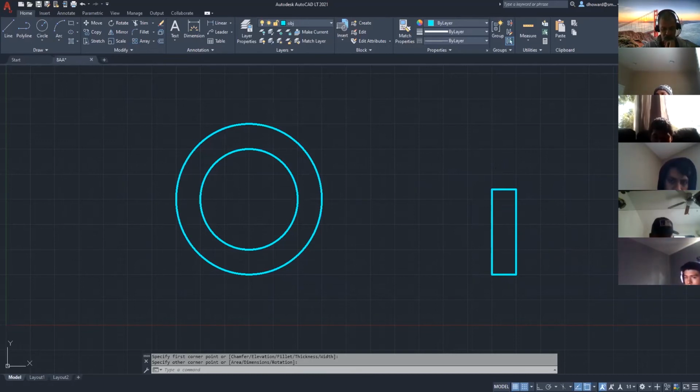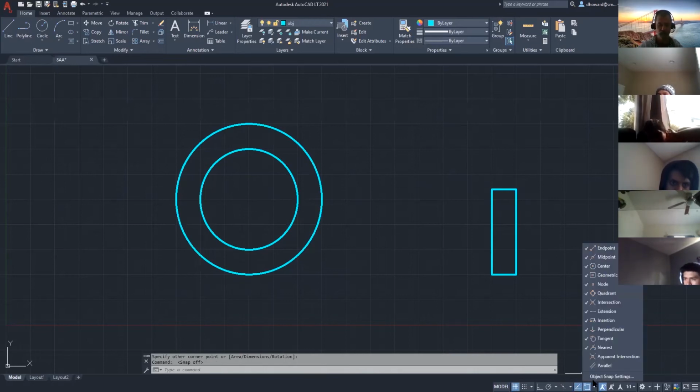And now it's time to connect them. So I'm going to use a snap now that you're probably not familiar with. It's a tangent snap. It's going to require my turning the grid snap off, object snap on, and I want to make sure that the tangent snap is checked. It's not by default, so you have to come over there and click it. And you're going to see how awesome this is. I'm going to turn it on,